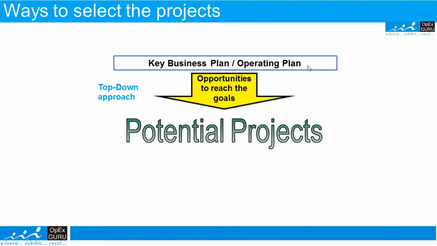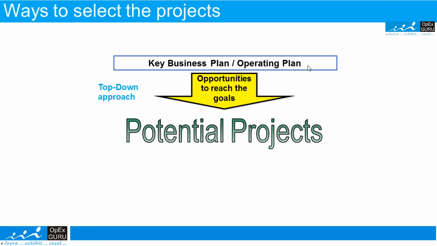So let us take an example. There is an organization which currently has a turnover or revenue of around $500 million, and within 2 years they want to reach up to $2 billion. This is the business plan that they have at a broad level. Now to reach from $500 million to $2 billion, the organization may have to improve at several levels. For example, the order processing activities may have to be improved, the customer complaints may have to be reduced, and so many other things. So this is called the top-down approach.